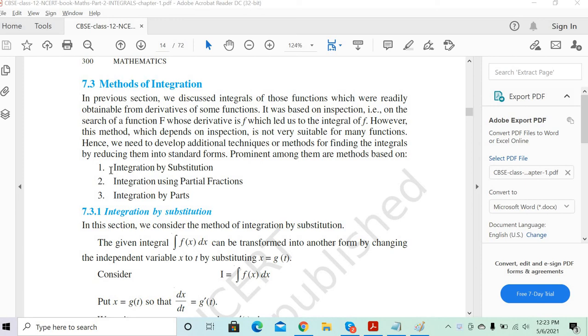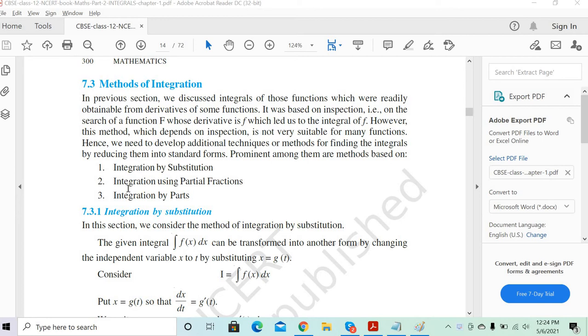So you have written the integration by substitution, integration using partial fractions, integration by parts, right? Yes, sir. Okay, let's understand the different methods of integration. Right now we already figured out that if it is in the standard format, we can directly put the answer right there. All 16 formulas you learned, right? Those are the only 16 formulas you have in integration, Vijay.